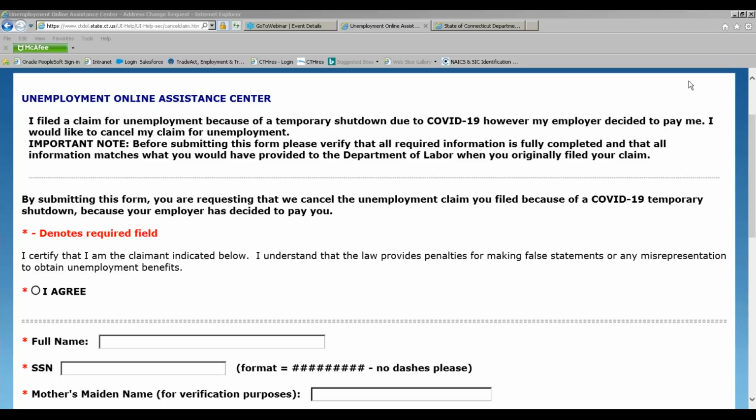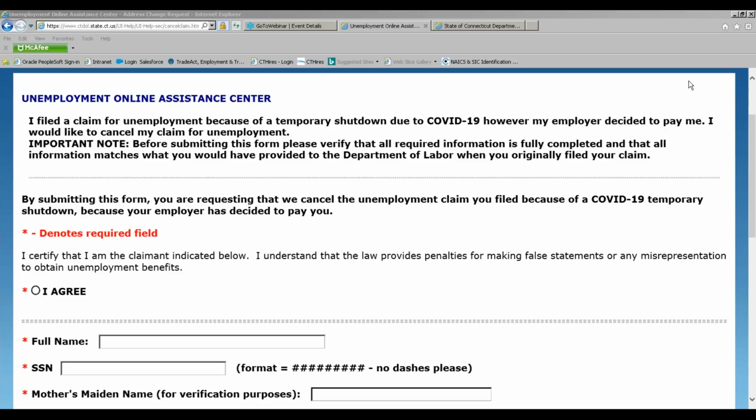The money that was paid out to you is going to need to be paid back, since you're considered overpaid for those weeks. Our benefit payment control unit is going to process those overpayments and get those out to you as quickly as we can. We know that there's going to be a large number of people that are going to be in this situation, so we ask for your patience. But if you've already responded to us and said that you'd like to cancel your claim, or if you're hearing this for the first time and you want to cancel your claim, you don't want to collect unemployment at this time, please use this form to notify us.